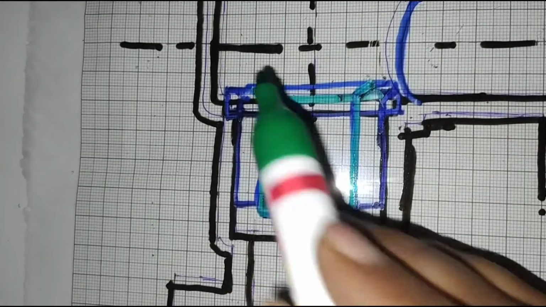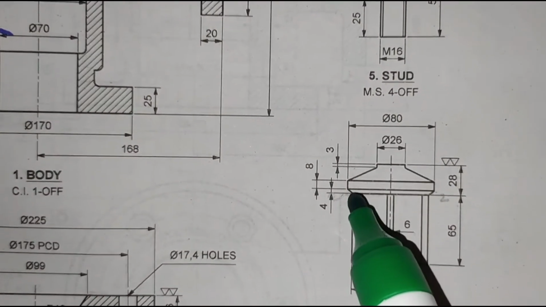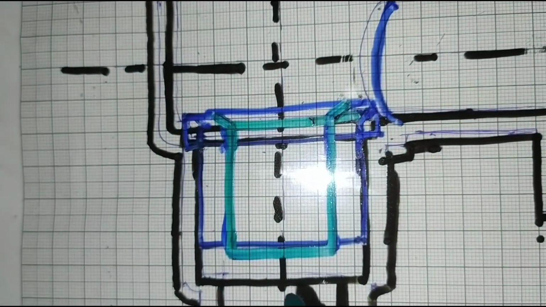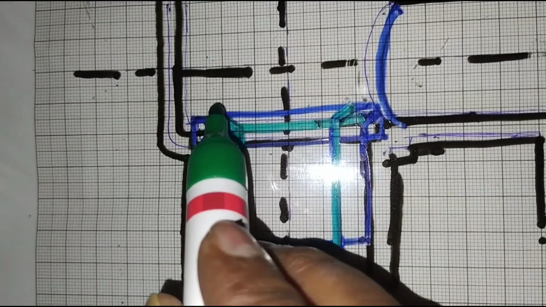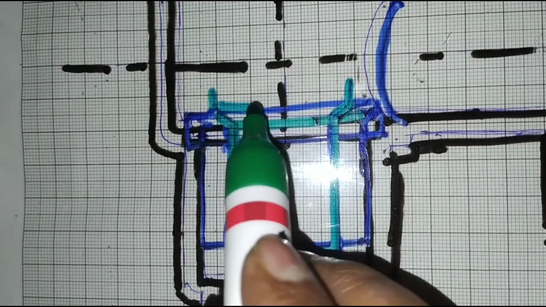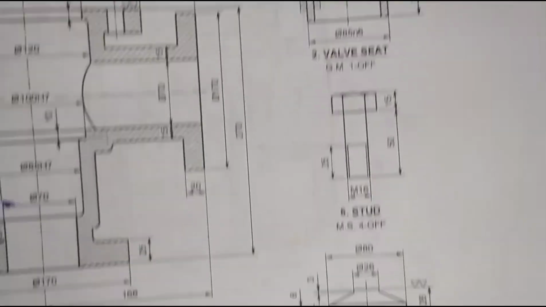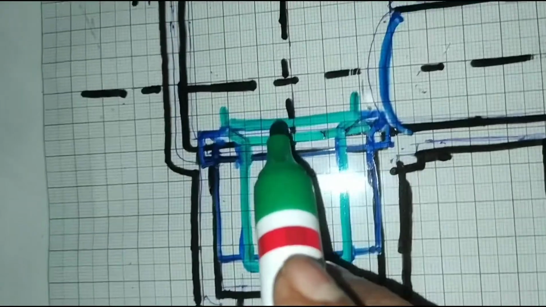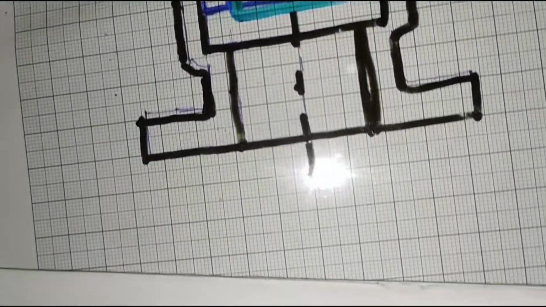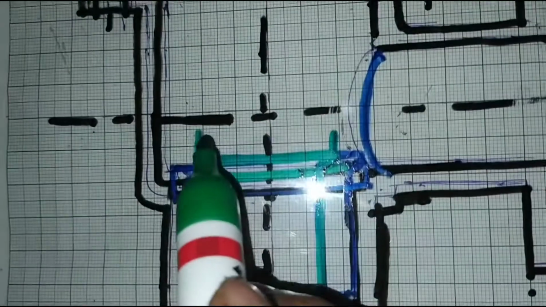This is the inclined portion. Now what is the diameter? That is 80 mm. This is the 80 mm diameter inclination. Here one more line is drawn. What is the flat distance? That is 4 mm. We have taken 4 mm inclination. Here is the flat distance. That is 8 mm. Vertical flat distance 8 mm.